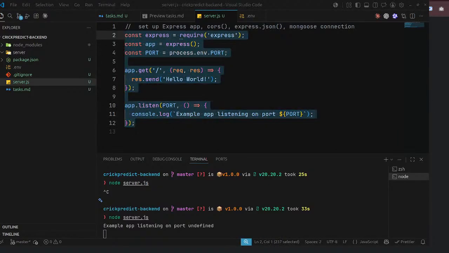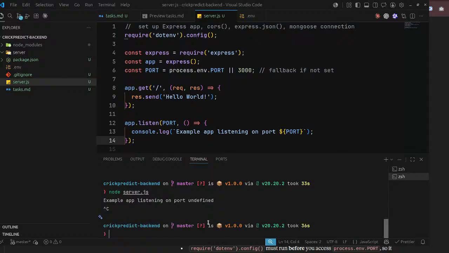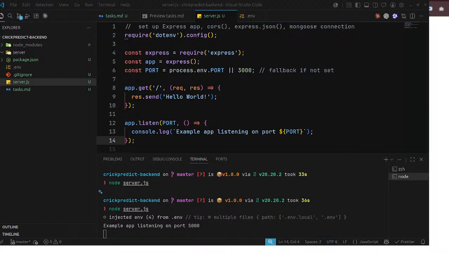Let me see how to process from env. Okay, it's good.